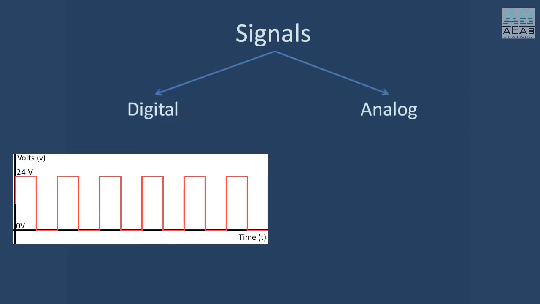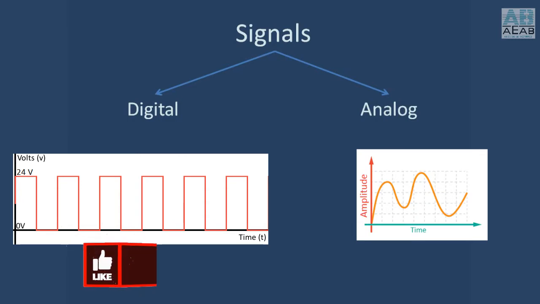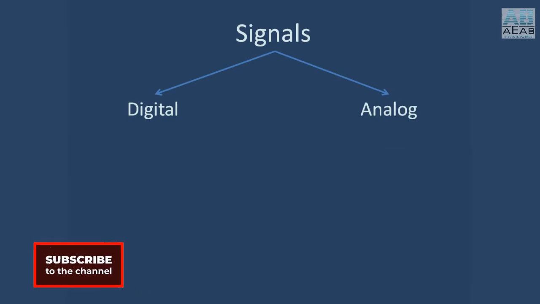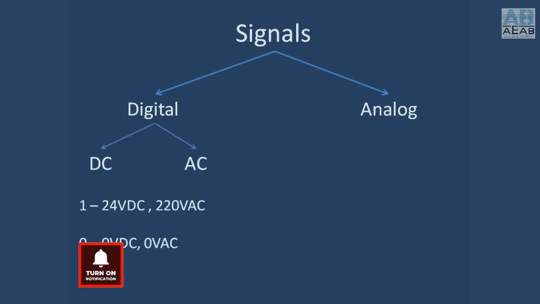If we talk about the signals that a PLC can handle, then there are broadly two types of them, digital signals and analog signals. Let's talk a little more about these types of signals. Digital signals have only two states, either 1 or 0, high or low. In case of most of the PLCs, it is 24 volt DC or 0 volt DC, or you can say positive and negative. But analog signals are continuous and can be further divided into current signals and voltage signals.